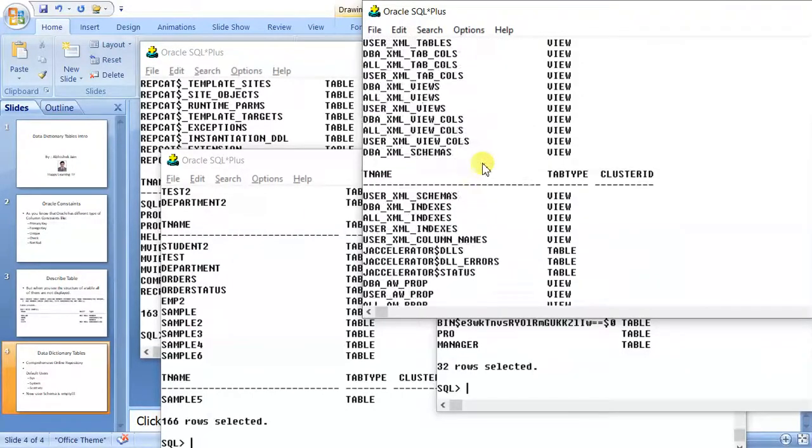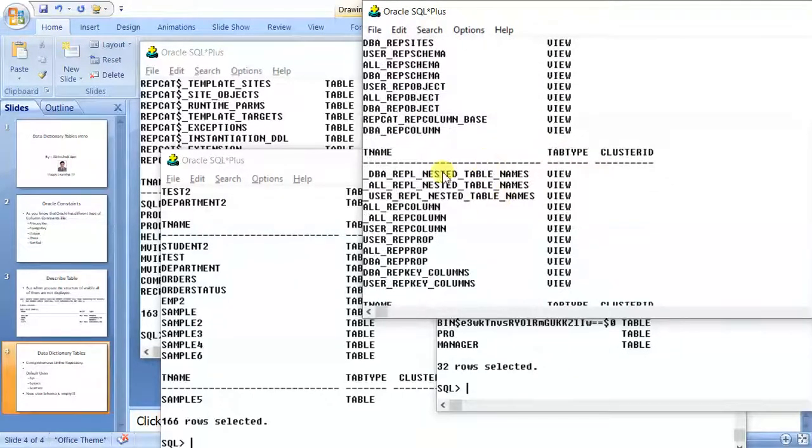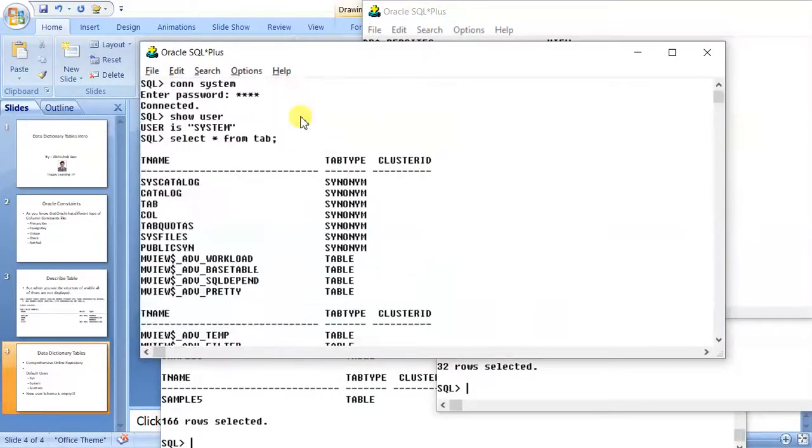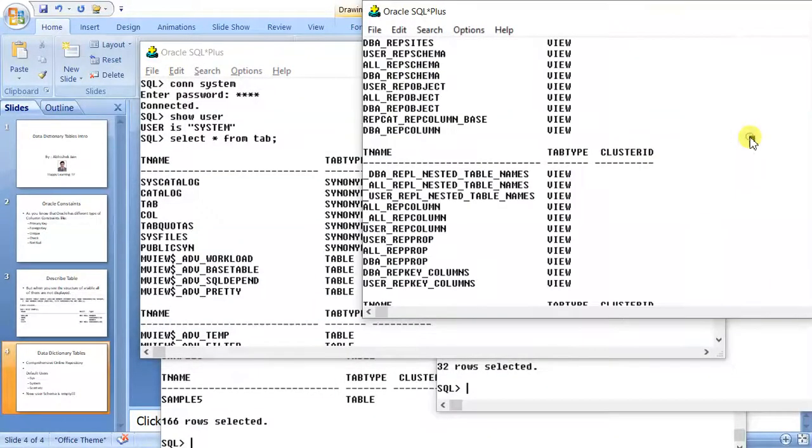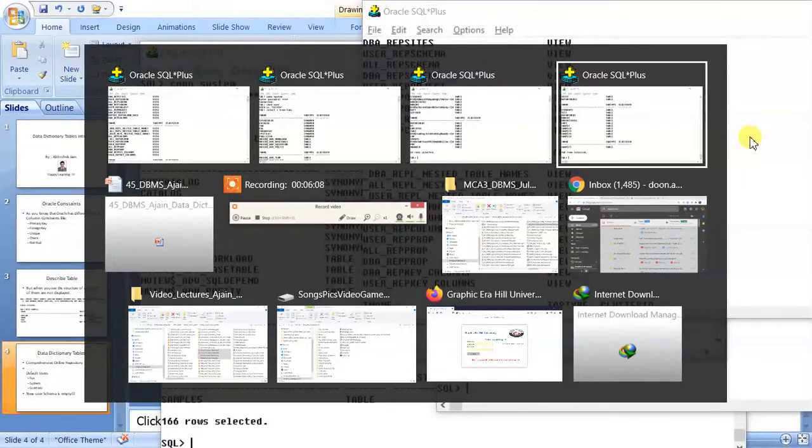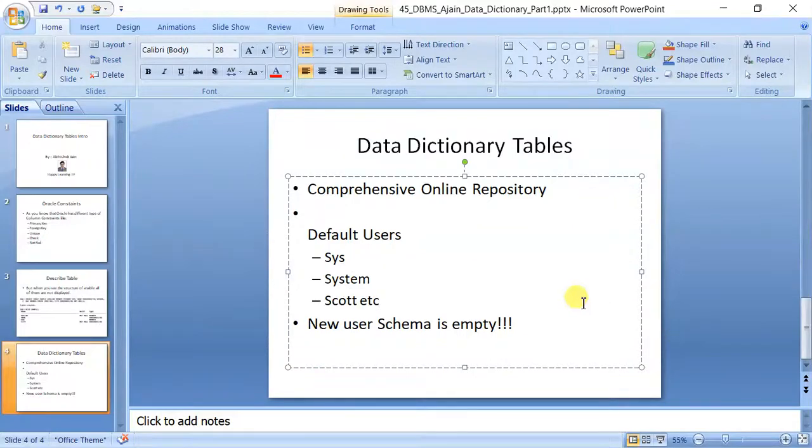So where have these tables come from? The tables that are present in sys, system and a few other users are all Oracle internal tables, and these internal tables are called data dictionary tables.